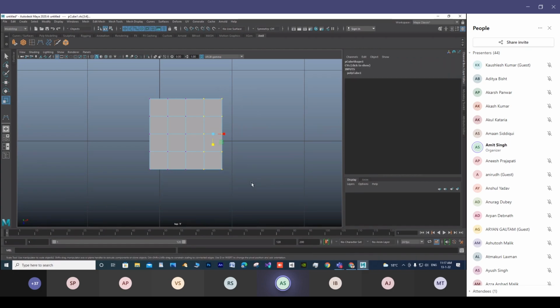shortcut keys you have to constantly use: Q, W, E, R. Okay, so Q means you are coming out of selection. No manipulator or gizmo is selected. If you press W, it says you are now in translate. Translate means you can move along all the axes. So this is the movement,